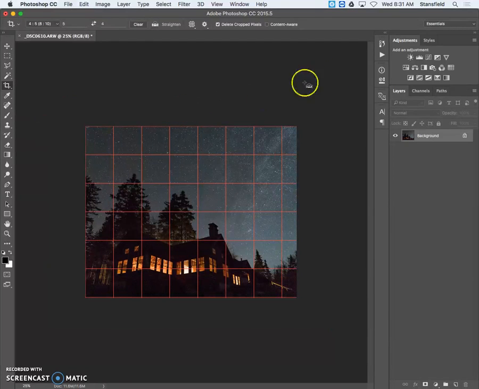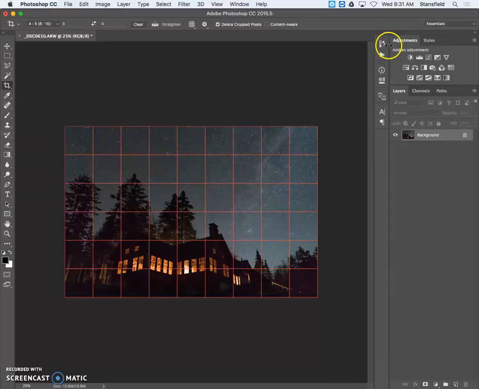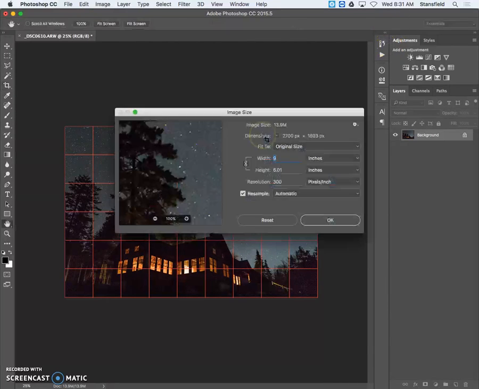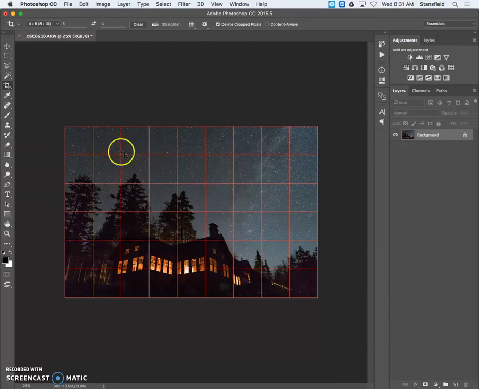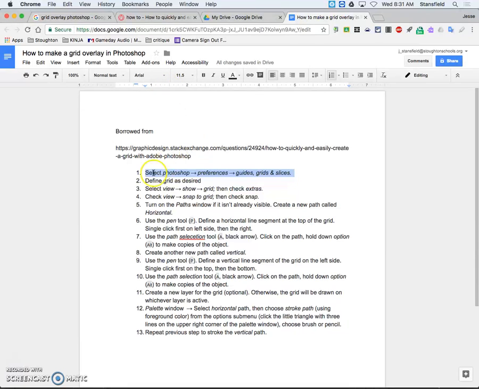In this case, I'm actually going to back up to here. This 6 by 9 is just a little bit more manageable. And we're ready for the next step. So step 2, define the grid as desired. We did that. Select view, show grid. We did that. Check view, grid. Oops. Check view,